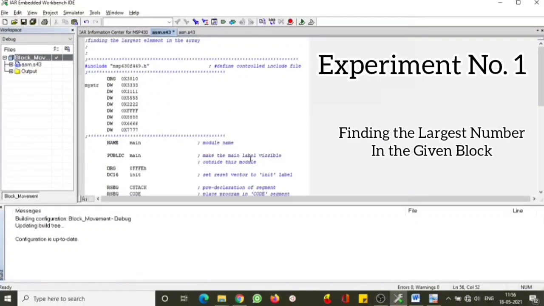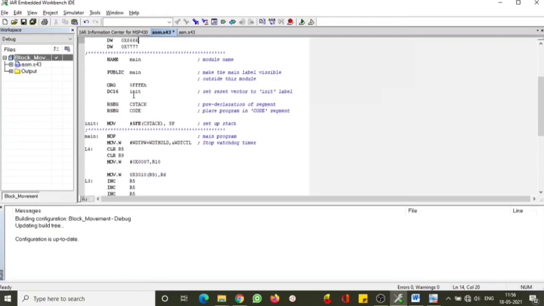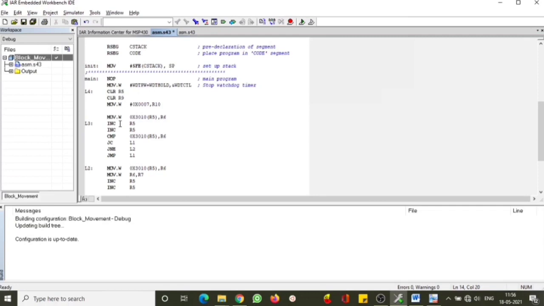In this program we try to see how to find the largest element in the given array. Here again we are also using the memory location. We are trying to see that the data has been stored. Multiple data has been stored, random in its place. We are supposed to find the maximum here. Initially everything is the same, but when we come down here, just like ascending and descending order, we try to find the maximum value in the complete array. When the maximum value is found, we will store it in one place, right? When a larger maximum value is found, we will replace it again. That is what we are trying to move here.